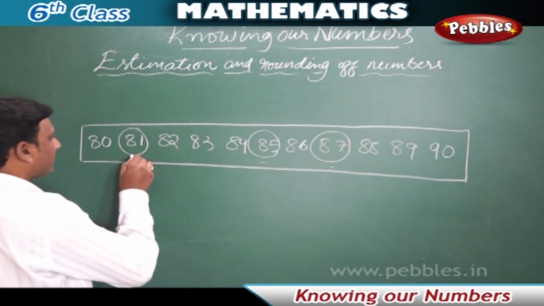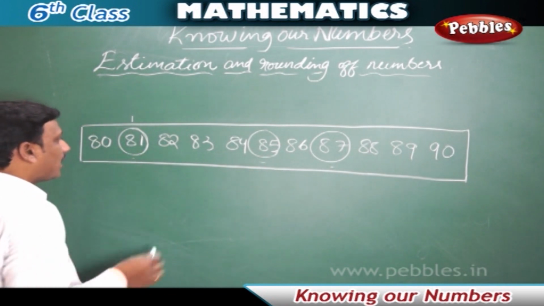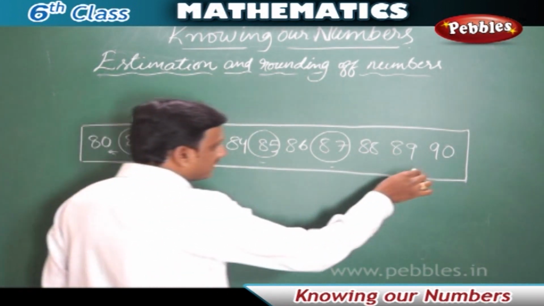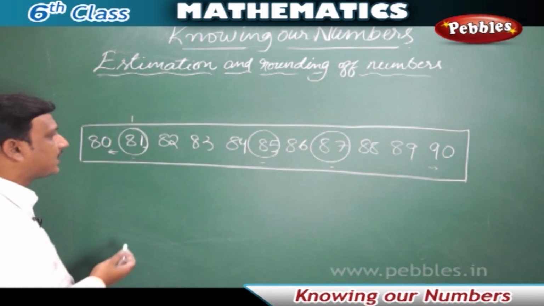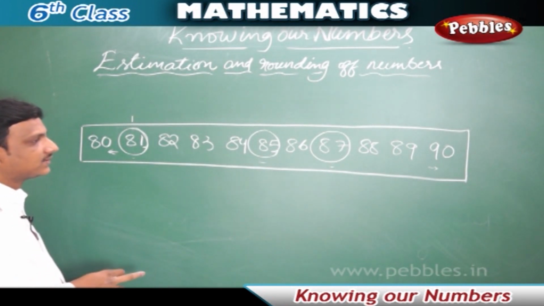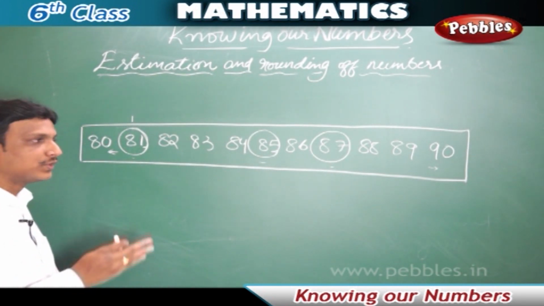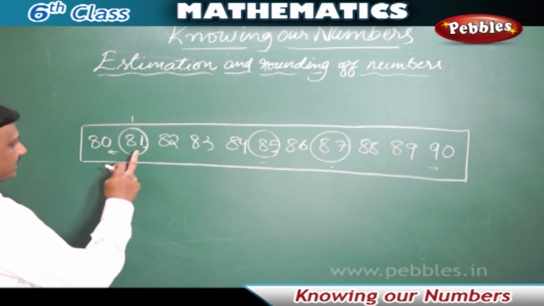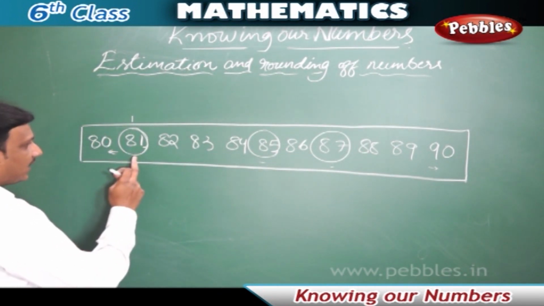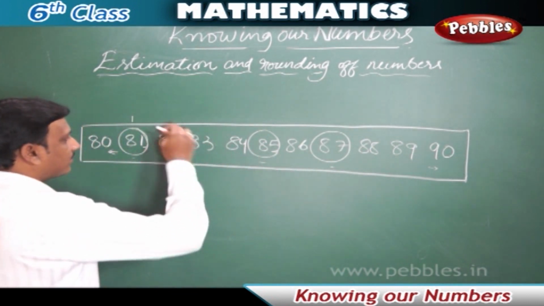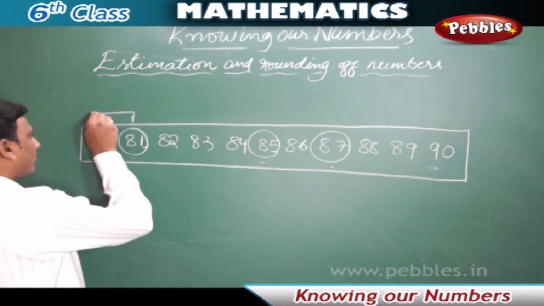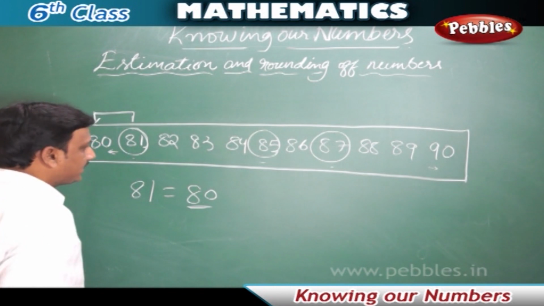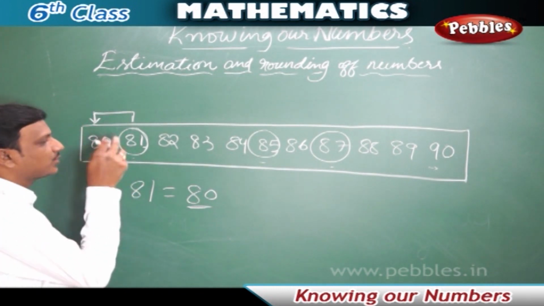Let us start with 81. If you take 81, how will you round it off? So 81 has 80 on one side and 90 on the other side. It can be rounded off to either 80 or 90, but here it has to be rounded off to the closest tens. So which one is the closest, 90 or 80? 80 is just beside it, and 90 is far away. After some 8 numbers, 90 is far off. So it will be rounded off to 80. So 81 will be rounded off to 80 because 80 is the closest to 81.